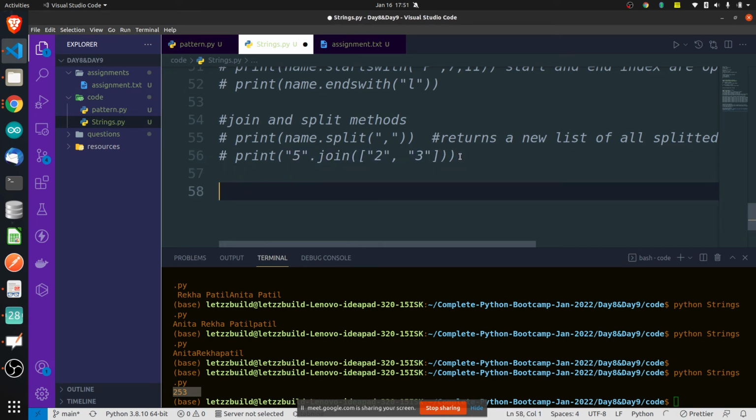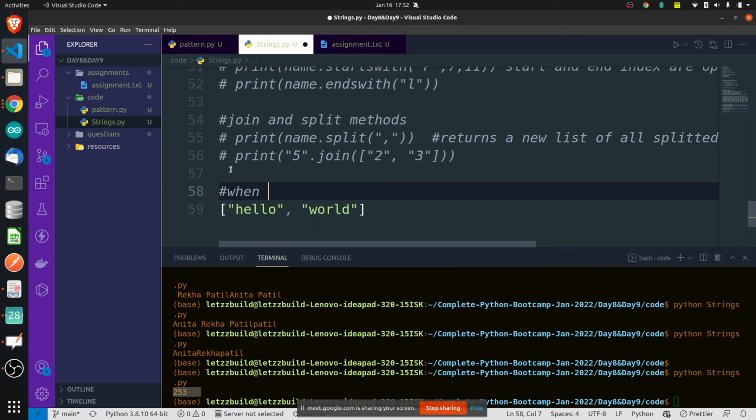Let's say you have a list, not a string, with these two words, hello world. You want to join these two words and make a new string, you want to concatenate these two words and make a new string, and you want to separate it with some space in between. So whenever you want to concatenate two things by adding something in between,